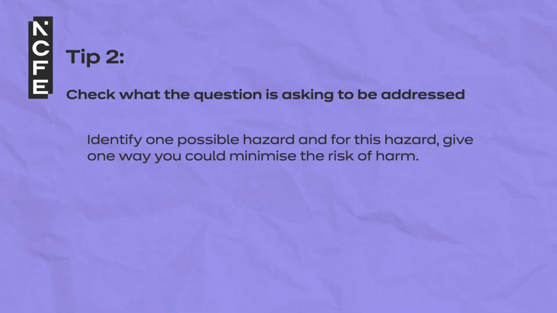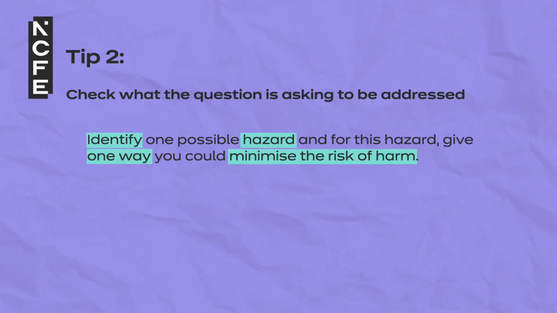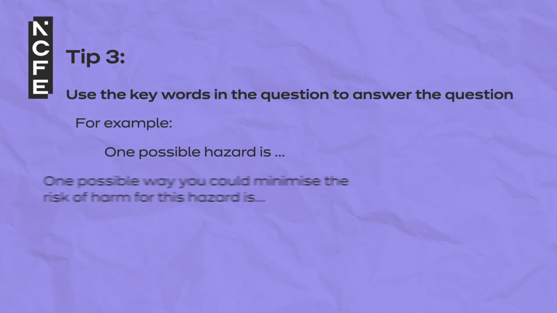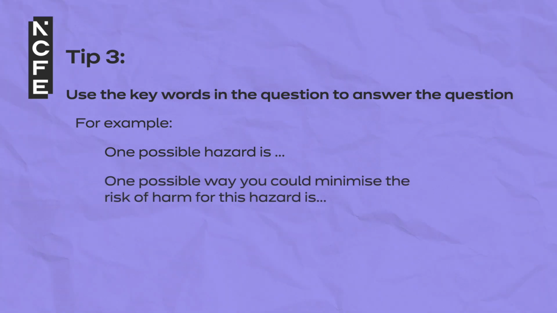By highlighting the keywords in the question, you can clearly see that you're looking for an answer that identifies a hazard and gives a way to minimise the risk of harm for that hazard. The requirement of the question is that you answer the first part before being able to answer the second part. Tip 3. Use the keywords in the question to answer the question. For example, one possible hazard is, and one possible way you could minimise the risk of harm for this hazard is